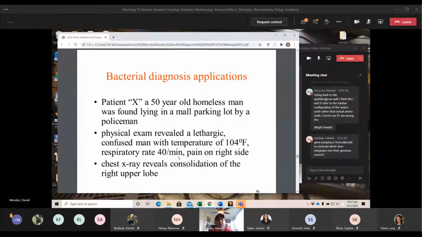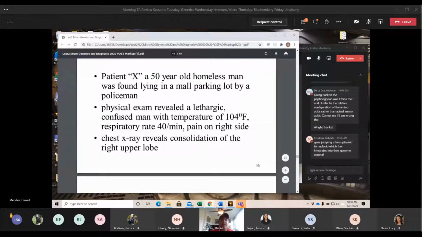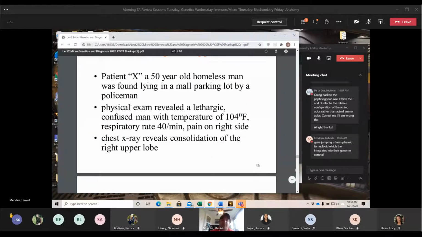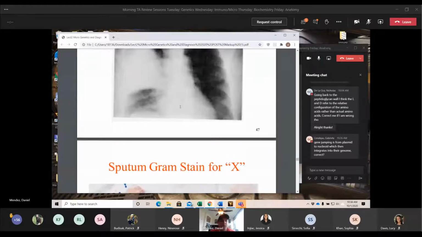Here, this is just an example that he goes through. It's another case question, patient X. Once again, you don't have to know these too well. This is just to get you all thinking from a different perspective. And he makes it pretty evident that thinking from that perspective is very important, because all of block 2 is going to be this perspective here on cases. They will not be showing you pictures, so you don't have to worry about it.